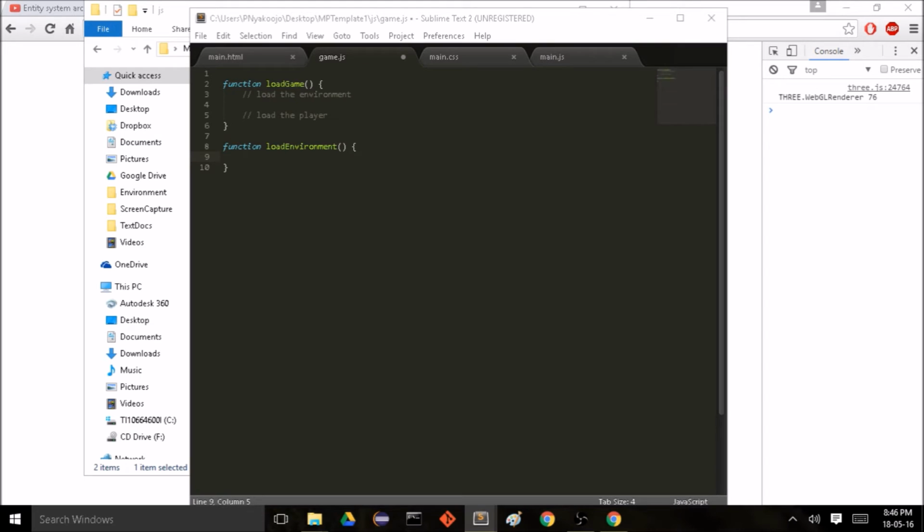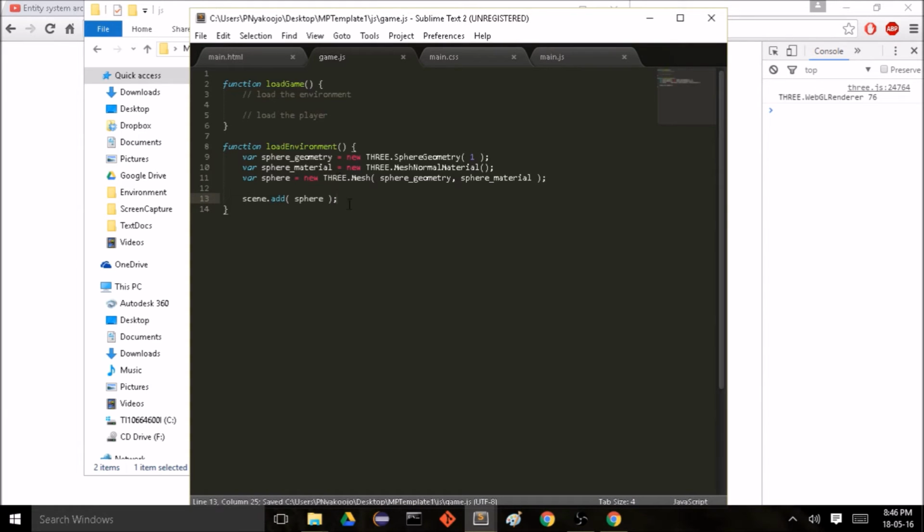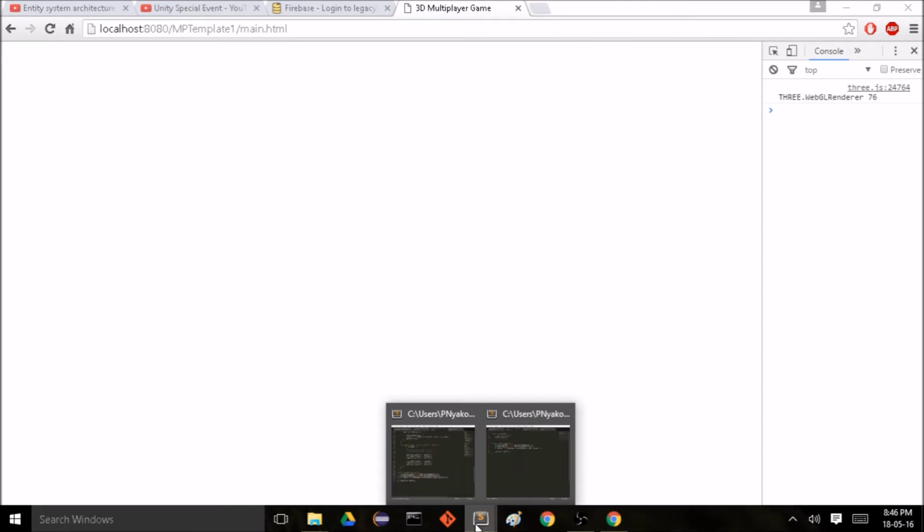And so sphere, we can use this code where we create a geometry, a material, and instantiate the mesh and add it to the scene. So let's call that function here. And if we test this, of course we don't see anything